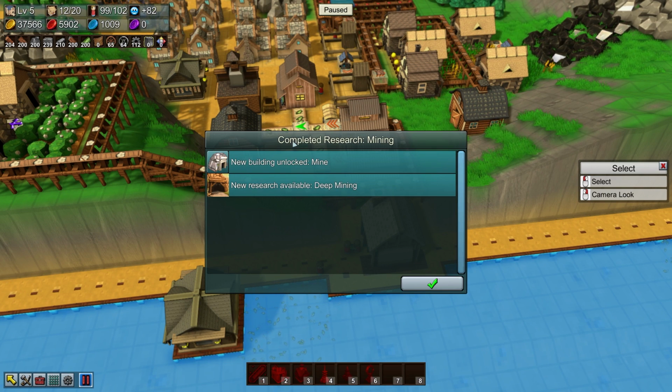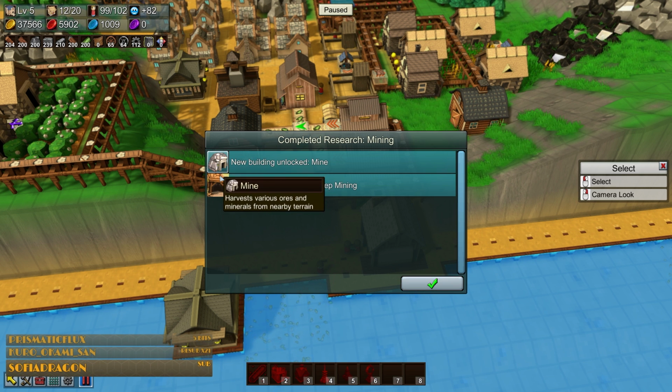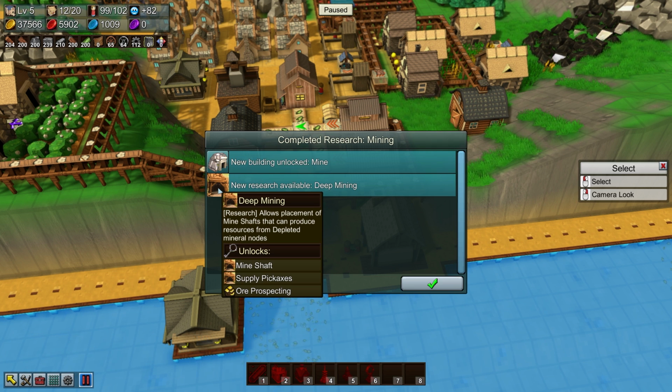Right, new building unlocked: mine. Now, this is an important building, and I've been trying to make a beeline towards the structures which give us renewability on our resources. So we've now unlocked deep mining. Well, we can research it at any rate, and it allows the placement of mine shafts that can produce resources from depleted mineral nodes. Now, previously...